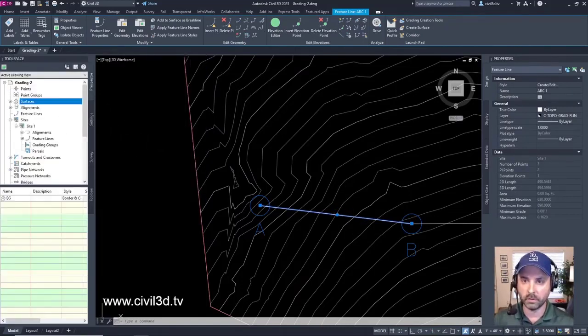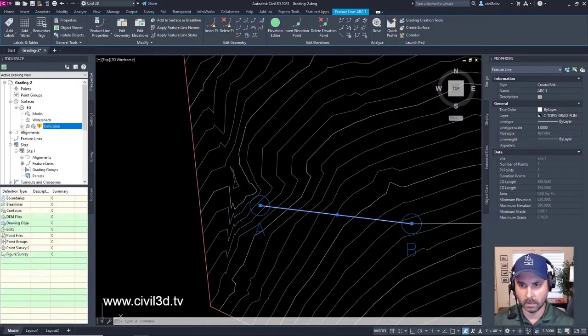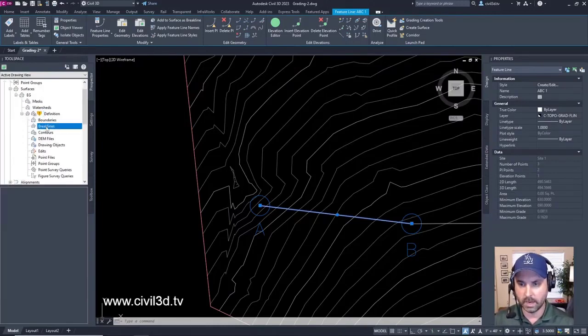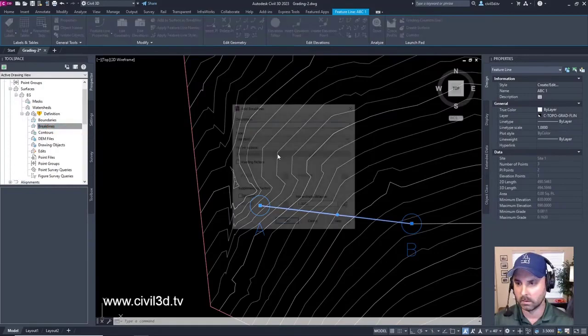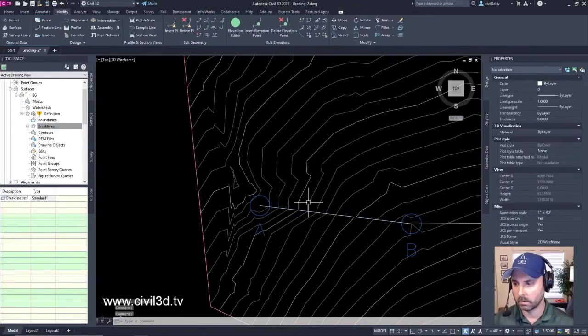We can go into surfaces, existing grade. This might even be in the notes here. But if I wanted to, I can add a break line. Click OK. And you can see how the existing grade surface just changed slightly. That's because it's a break line.